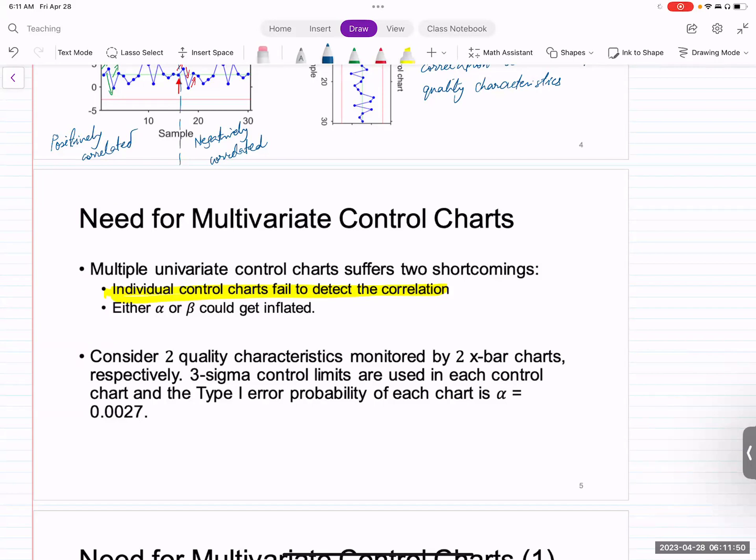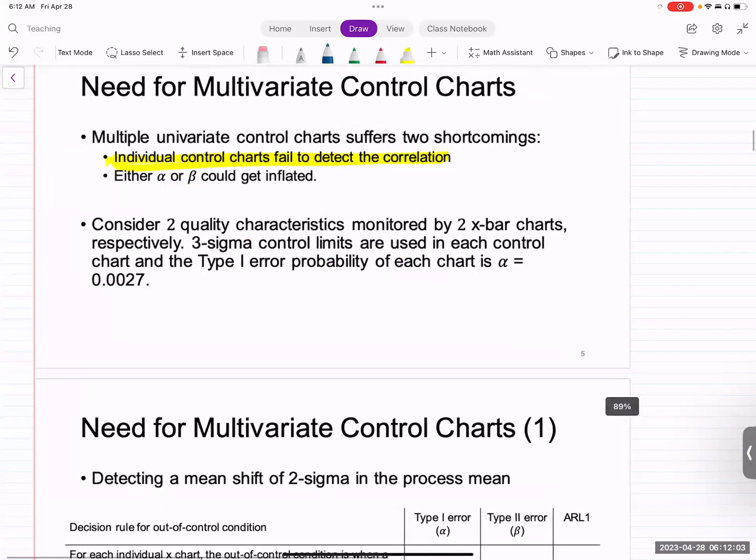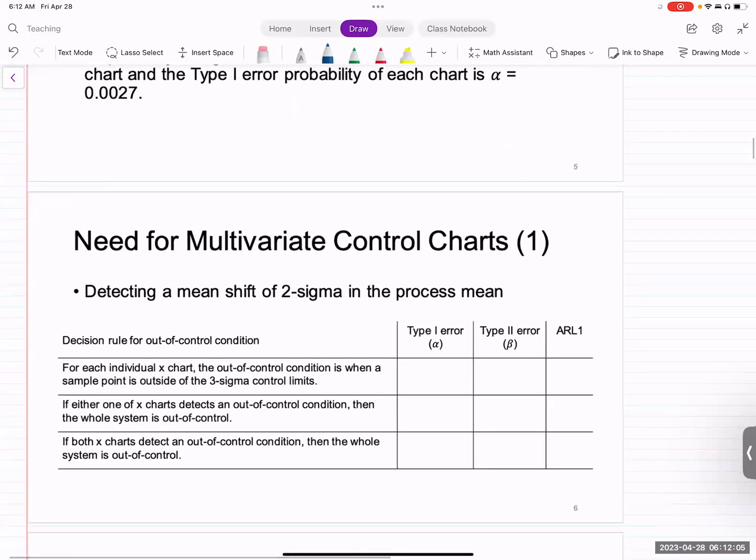Consider two quality characteristics monitored by two XBAR charts, respectively. 3 sigma control limits are used in each control chart, and the type 1 error probability of each chart is alpha equals 0.0027. Let's say we're interested in detecting a mean shift of 2 sigma in the process mean. So if you look at the first scenario here,